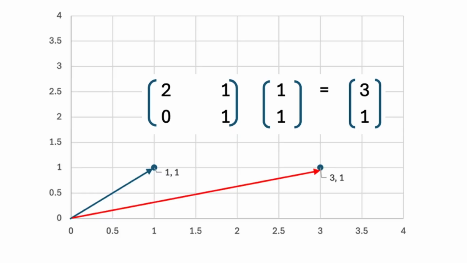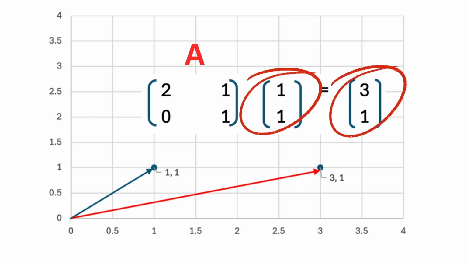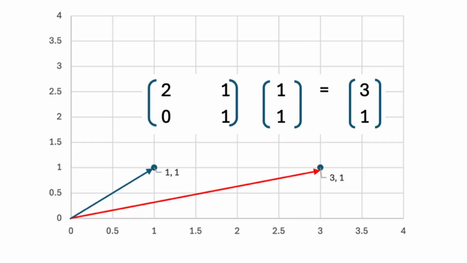So let's have a matrix called A, defined as shown below, and let's multiply it to the blue vector (1, 1). And we have this. It turns out that matrix A is a machine that transforms the blue vector into the red vector. Almost always, two things happen to the vector when a matrix transforms it. Its length changes and its direction changes. The vector comes out pointing somewhere new, as shown in our transformation from (1, 1) to (3, 1).